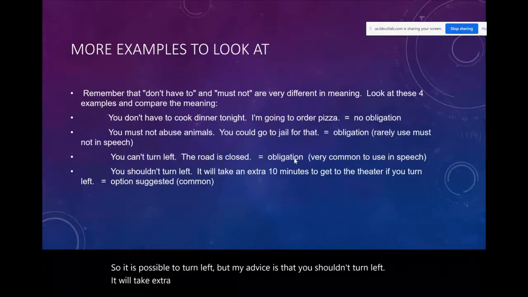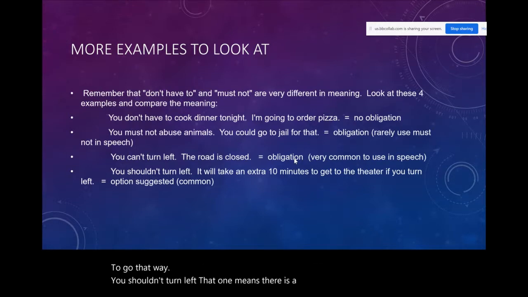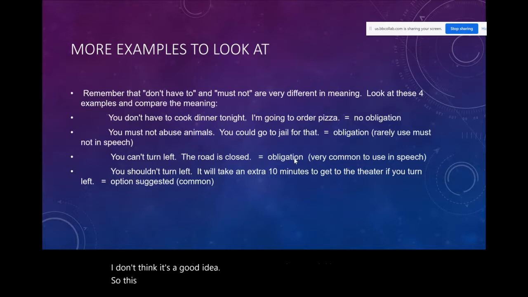The one before it, you can't turn left. Why? Because the road is closed. There's no possibility to go that way. Okay? You shouldn't turn left. That one means there is a possibility to go that way, but I don't think it's a good idea. Okay, so this is comparing 4 different ways to use the negative forms of these